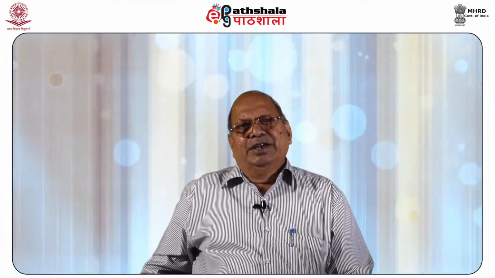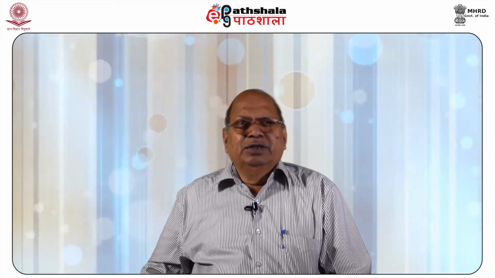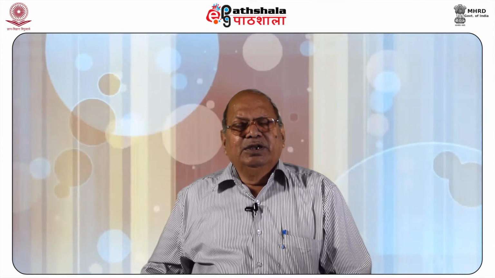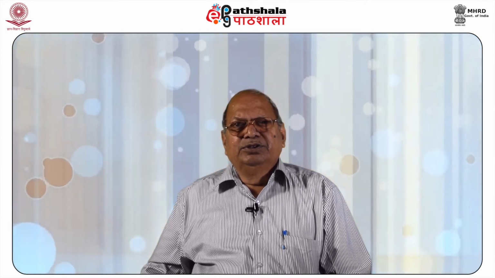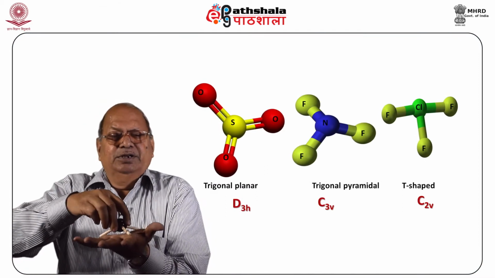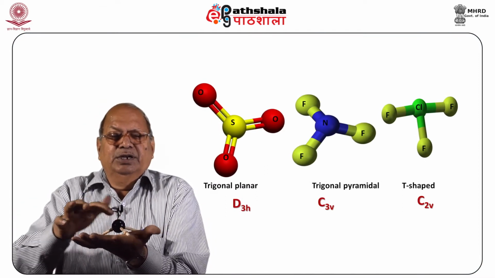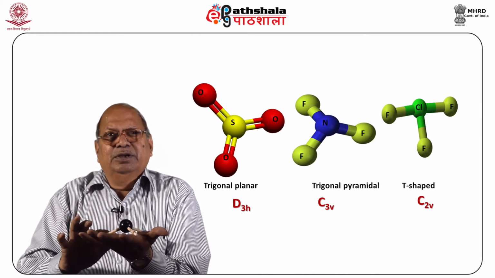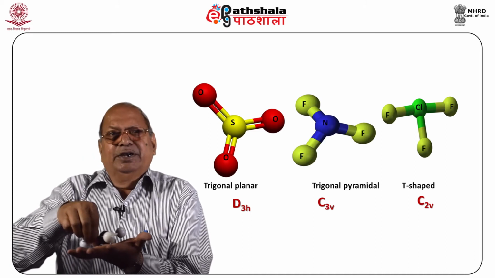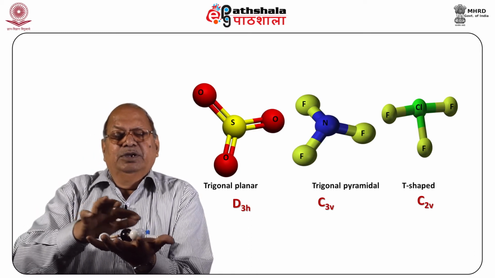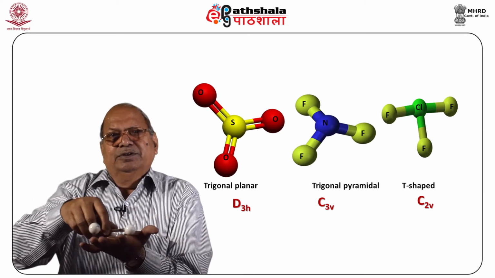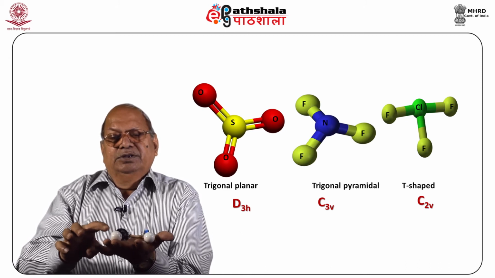Now, let us take the next example. Let us take an AB3 molecule. Based on VSEPR theory, we can assign the following geometry to this molecule as shown in the figure. That is, it can have a pyramidal geometry over here. This is A, B, B and B. This is a pyramidal geometry. It can have planar geometry A, B, B, B, or it can have this type of geometry, that is A,